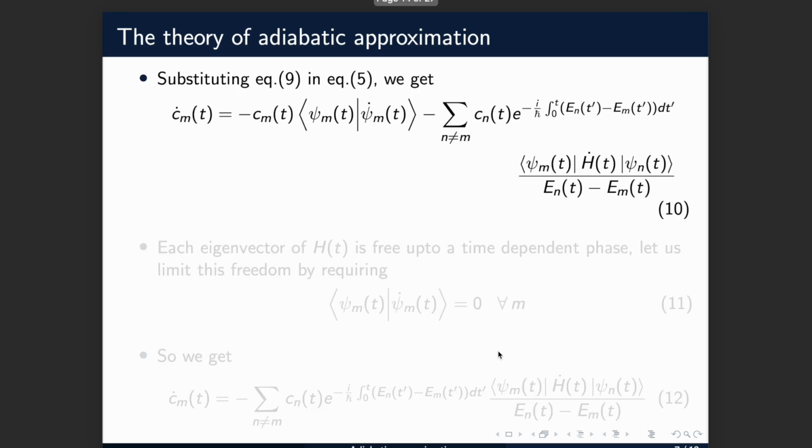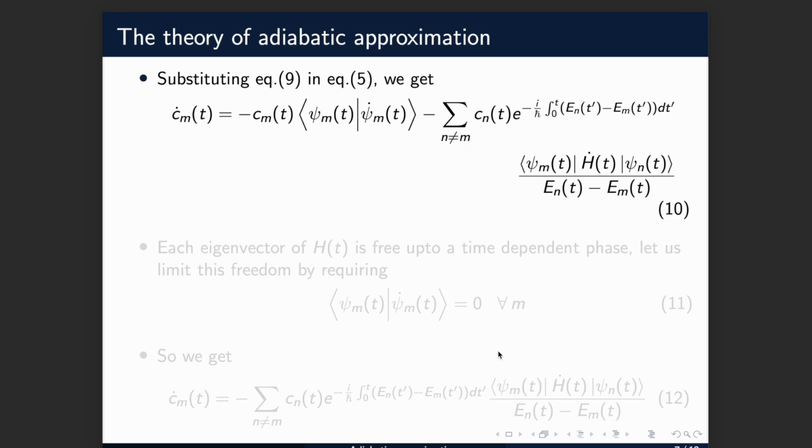Now we split equation 5 into two parts: when m equals n and when n is not equal to m. So when n is not equal to m, we substitute for the inner product by the expression given by equation 9 and we have equation 10 as the